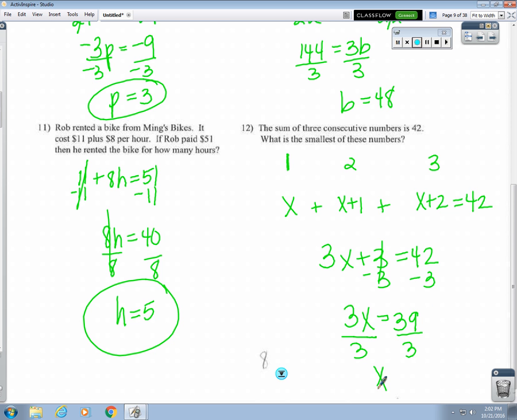And now we subtract 3 and get 3x equals 39, and now we divide by 3, and so x equals 13. Okay, so if x is 13, that means the next number would be 14, and the next number would be 15. Do those 3 numbers really add up to 42? Yeah. And what's the smallest one? 13. Okay,